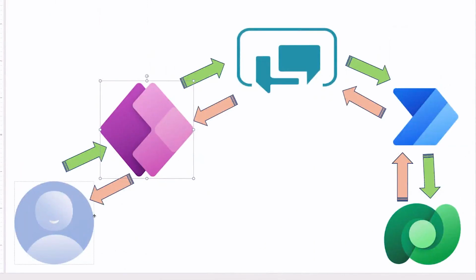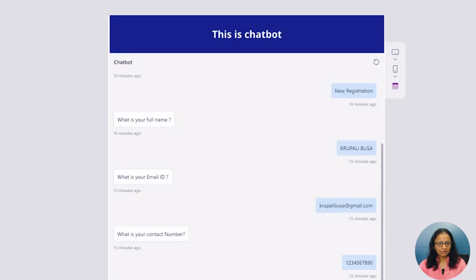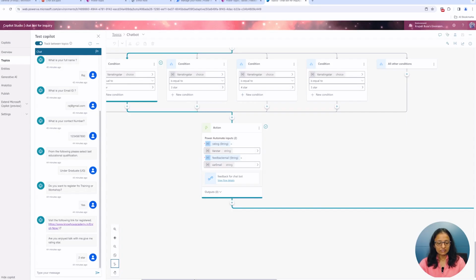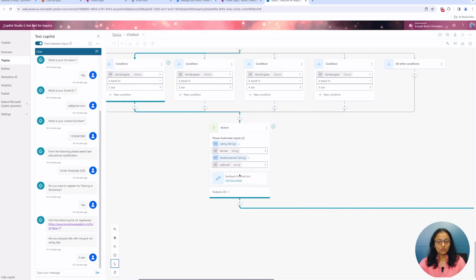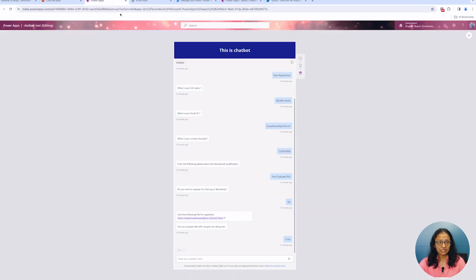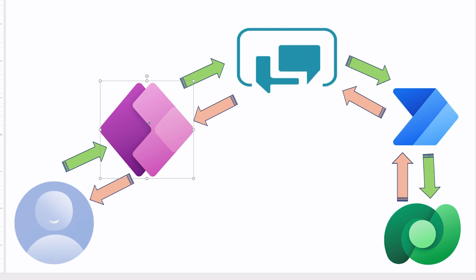Now let me tell you how these 4 services will communicate with each other. Now see, when I ask something to the chatbot, the chatbot, whatever you are looking at, is made in a Power App. Via the Power App, I add the services of Power Virtual Agent. Now see, this is the chatbot which I have made. So I add this chatbot service in a Power App. Now the user will communicate with the chatbot that is displayed via the Power App. So whatever you are asking or whatever you are getting, you are getting from Power Virtual Agent.